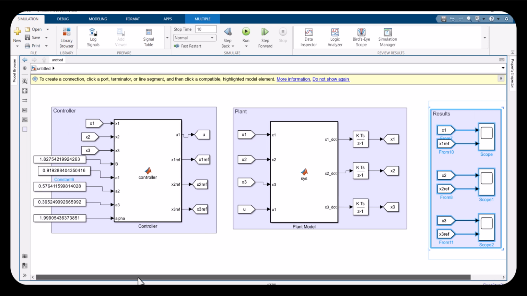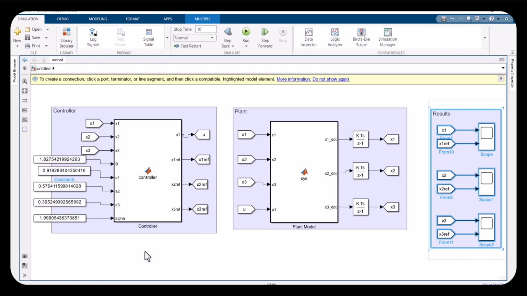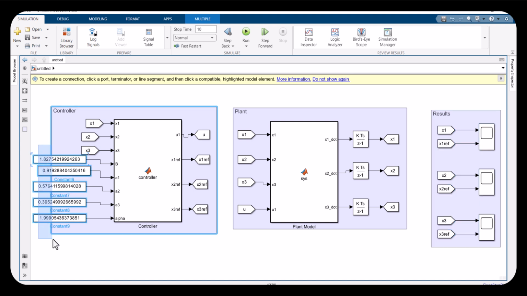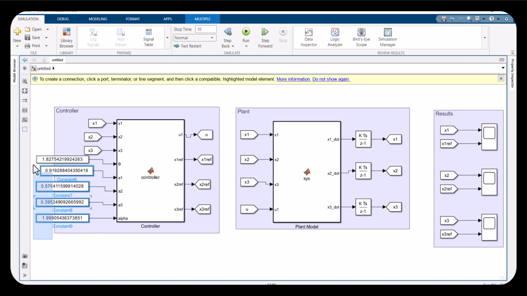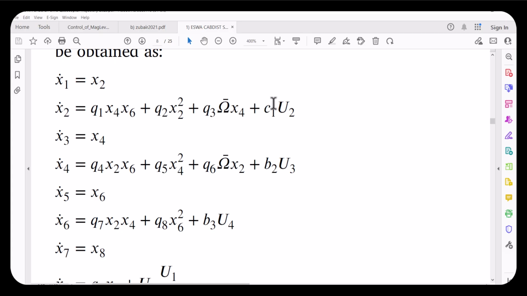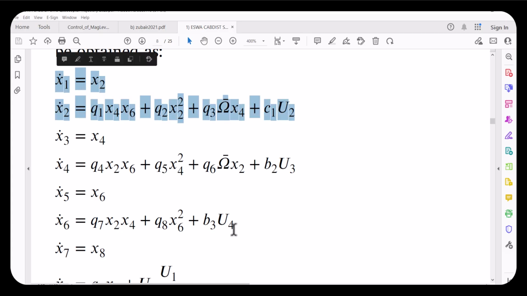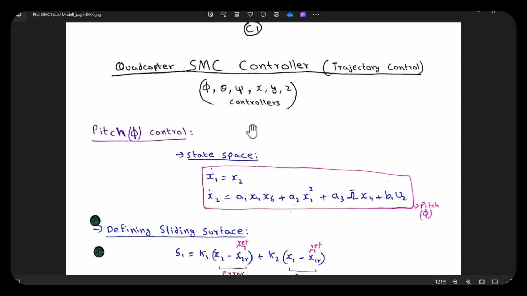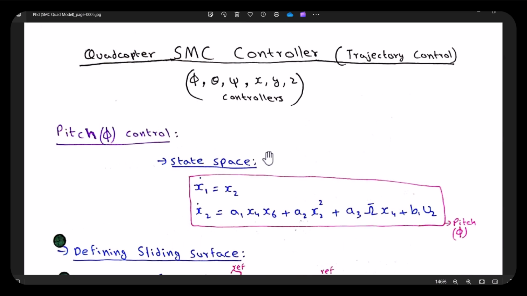Okay, so this is how you implement a sliding mode control onto some plant. And next we will be looking at how we can get the best values of these gains using some optimization algorithm. Okay, lastly, for these two equations, I have added these notes for the design process of the sliding mode